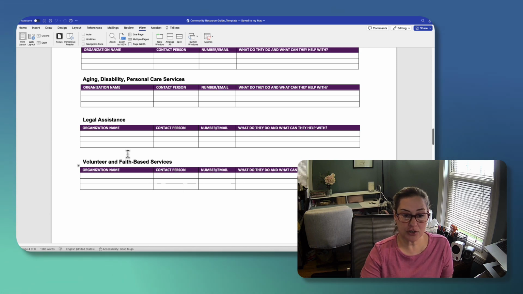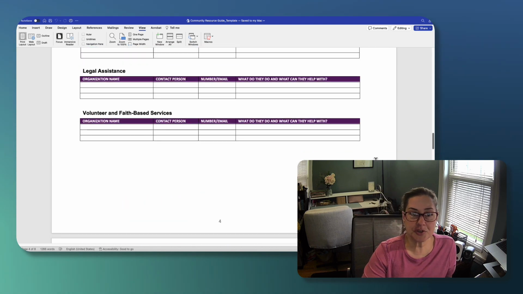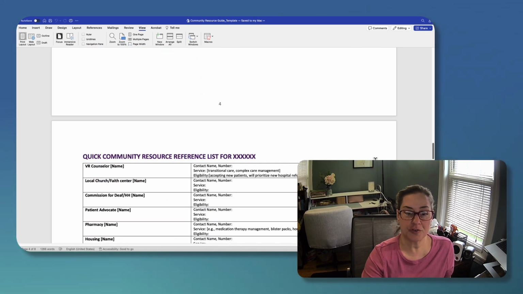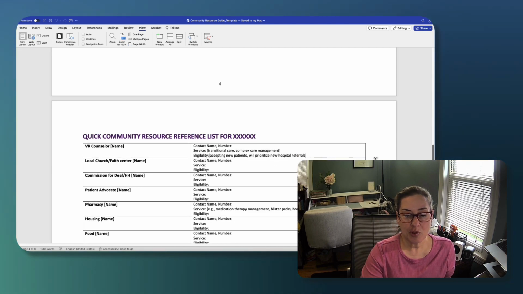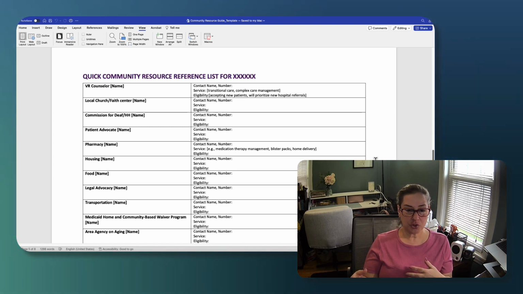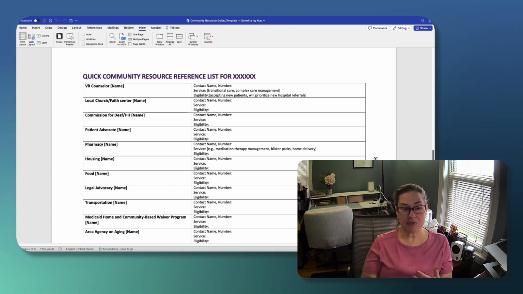And so you want to make sure that they're aware of that too. Now, this is the categorical list that I came up with, but I also did this another version. One thing that will happen over time, if it hasn't happened already for you, is that you may have this categorical list, but then as you start to reach out to local or even national resources, you may find